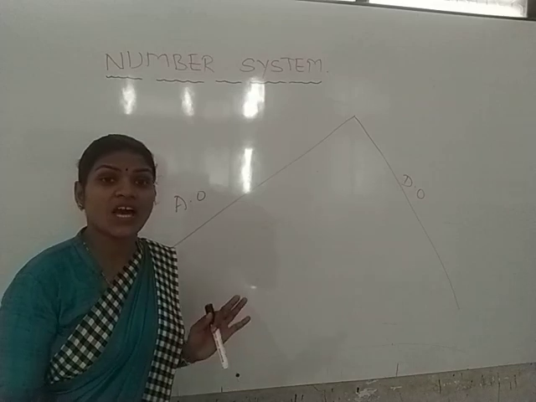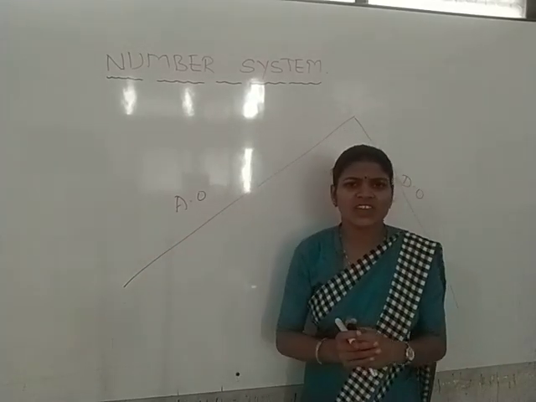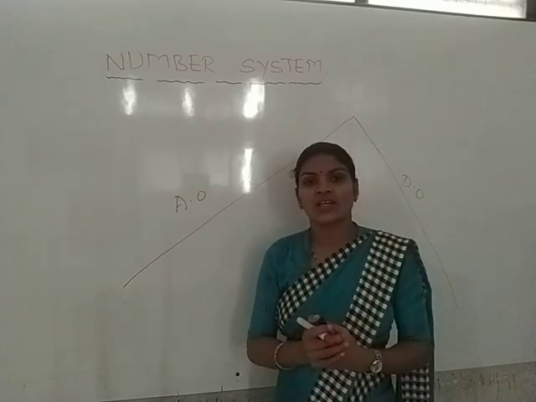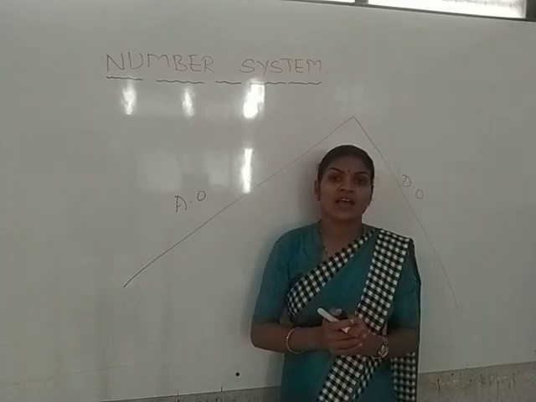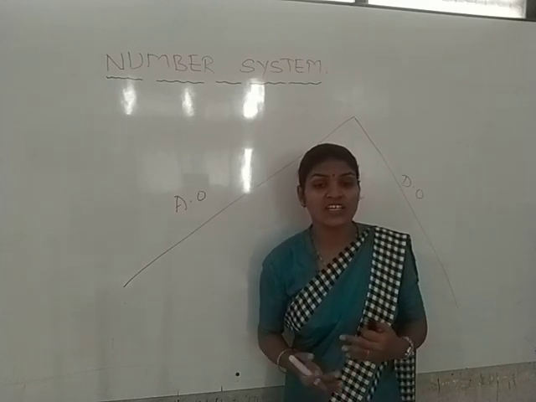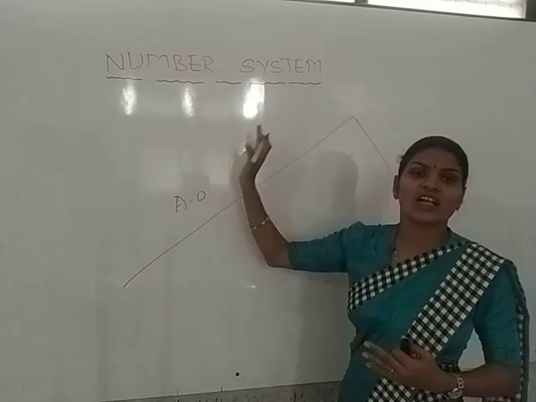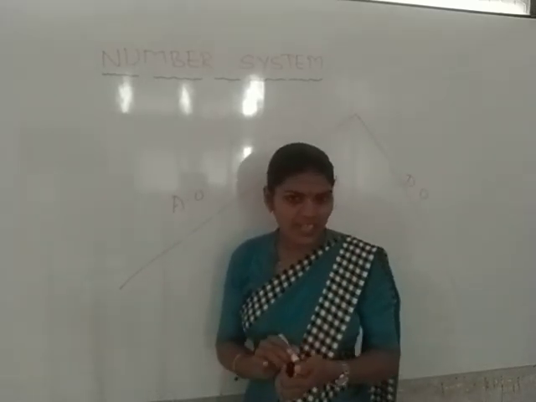But we have only discussed the numbers in the Indian number system. Only we have selected the numbers from the Indian number system. So today we have to take some of the international number systems and arrange those in both ascending order as well as descending order. Okay, shall we take it?